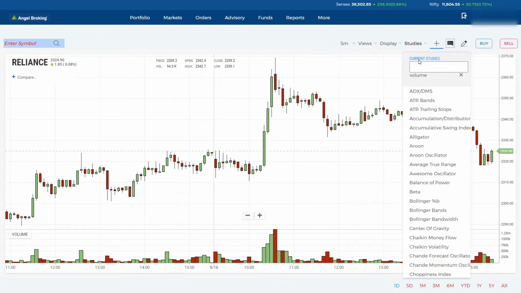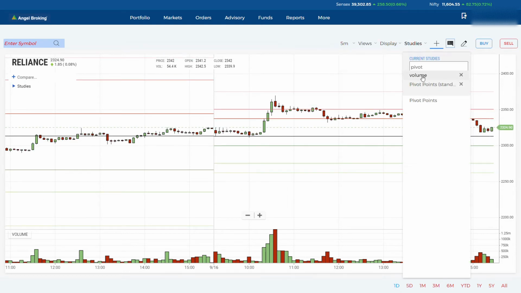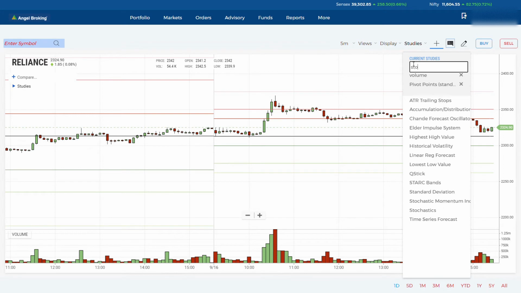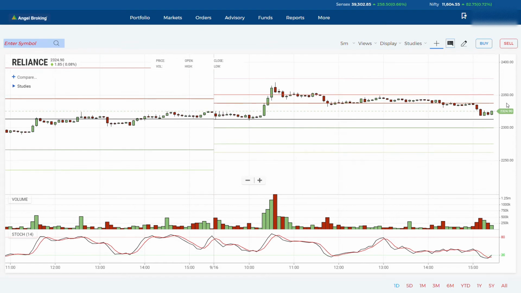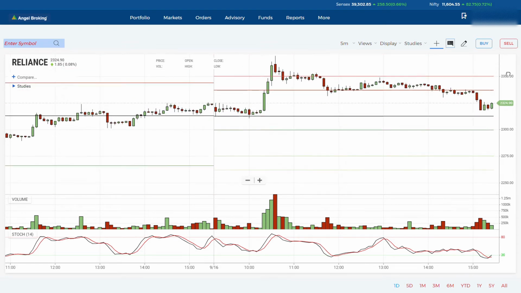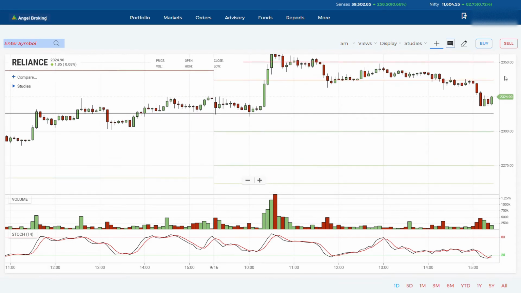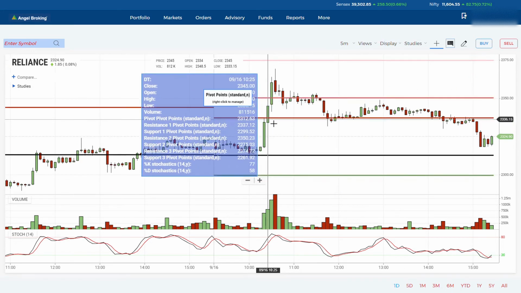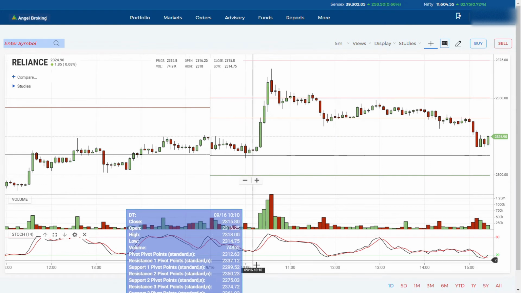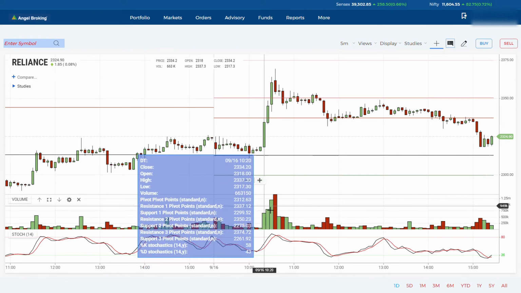And I'm adding my pivot points. I'm adding stochastics. Let me just expand this portion. So if you see here, I'm just going to analyze after 10 only, or 10 or 10:30. Whenever I get an opportunity, I will go for a long or a short. I see a good amount of green volume candles forming.